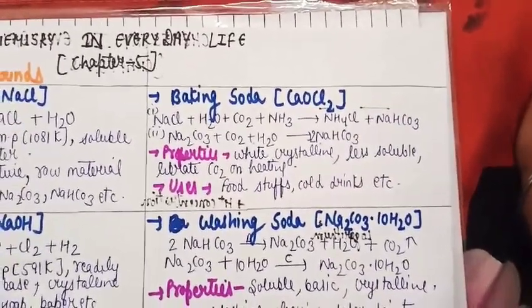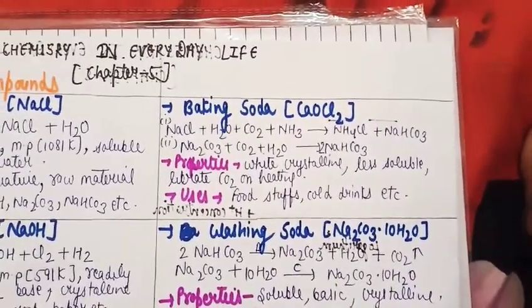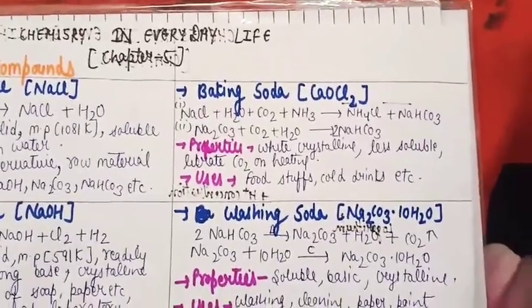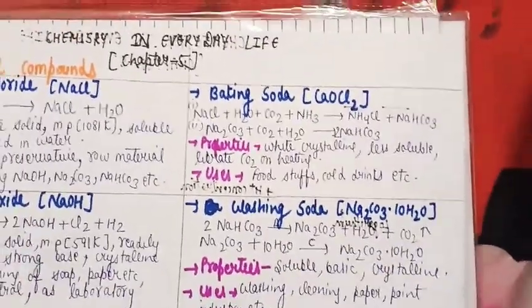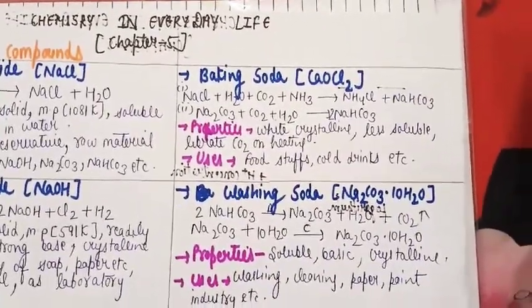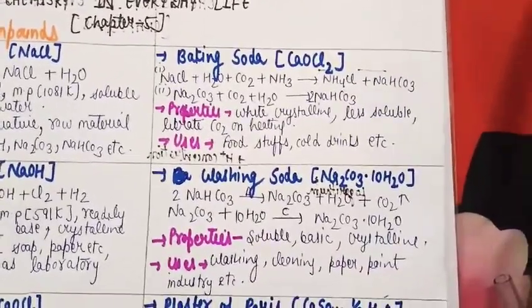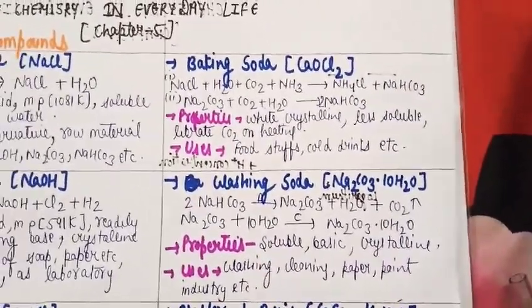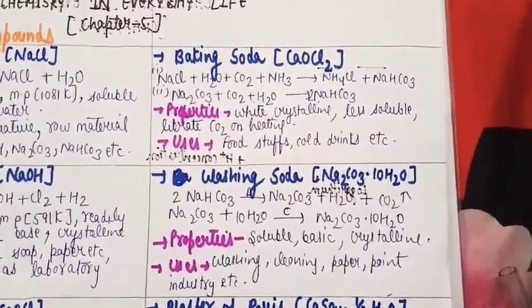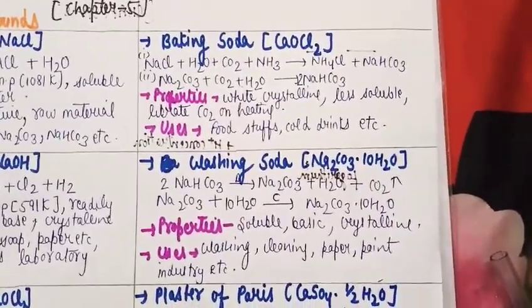Why do we add baking soda in all the food products? Because we want them to get fluffy. Baking soda has carbon dioxide in it. Whenever it reacts with some food material, carbon dioxide will liberate on heating. When we heat the food material in the microwave or on the gas, the carbon dioxide is liberated from the food material, and it will get holes in it. That is why it gets a fluffy and spongy nature.